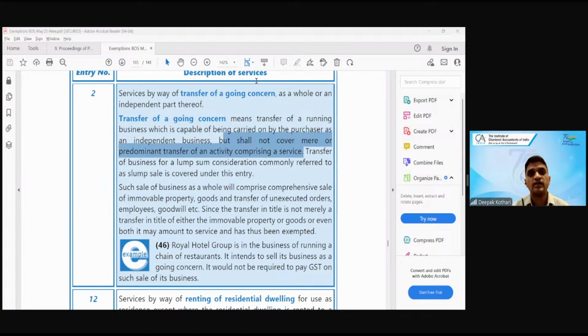Credits are not available even if it is used for business, and all other credits are available which are used for supply of goods. Generally, all the credits are available, but what is mentioned in 17.5 will not be available. That is a block credit. Now, what block credits are there? Various credits are there which are blocked. First is,